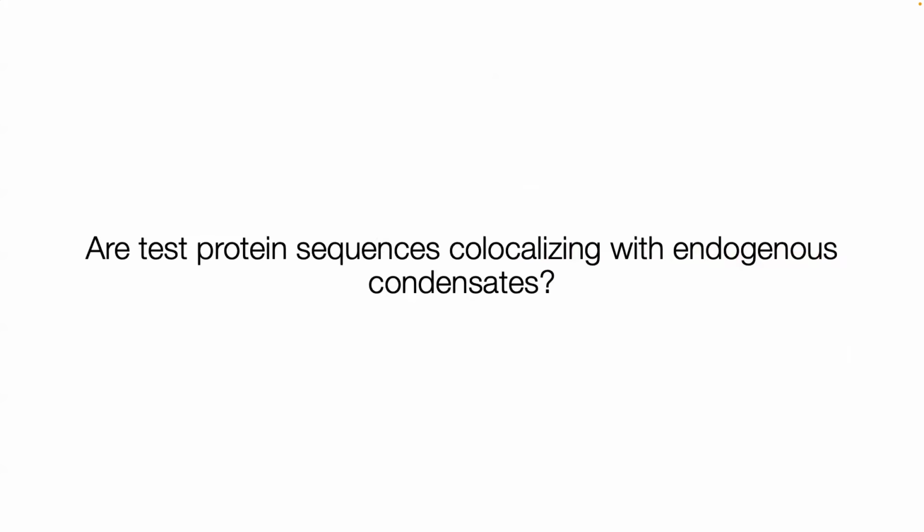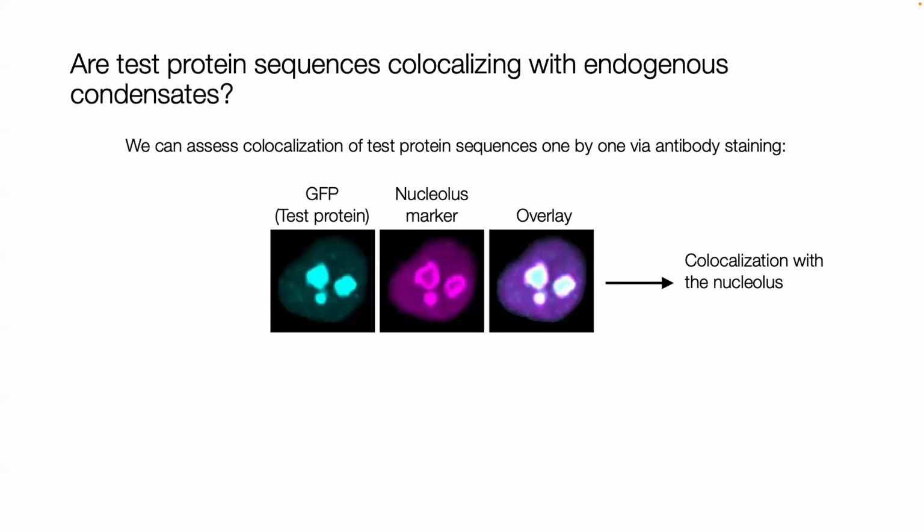Cells are actually filled with lots of endogenous condensates. Are these test protein sequences that we're putting into the cells actually just co-localizing with endogenous condensates? Are they just going and joining existing condensates? And so to test this, we can assess directly co-localization of these test protein sequences, at least one by one,